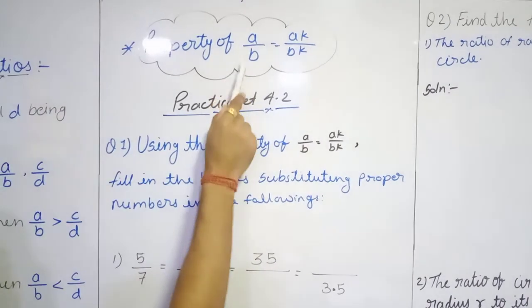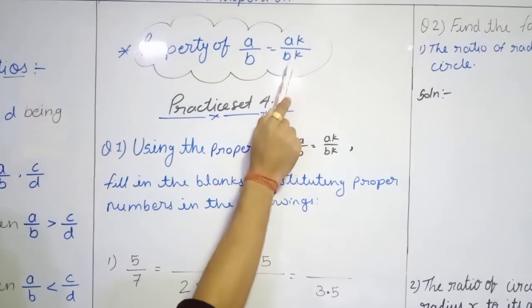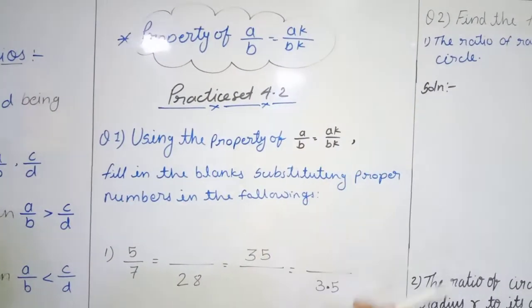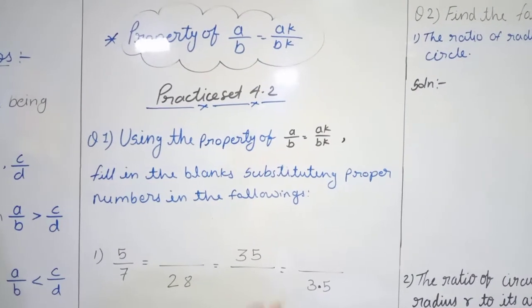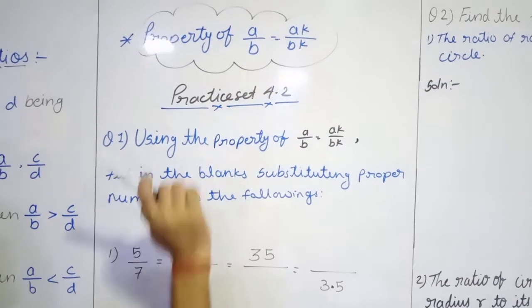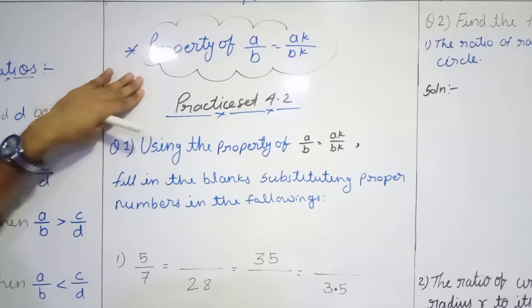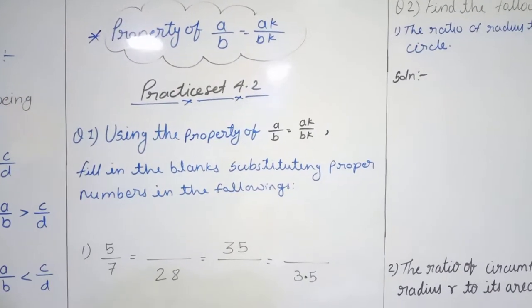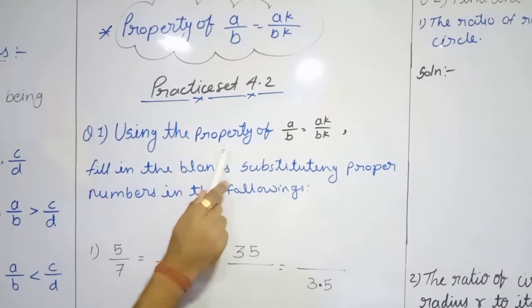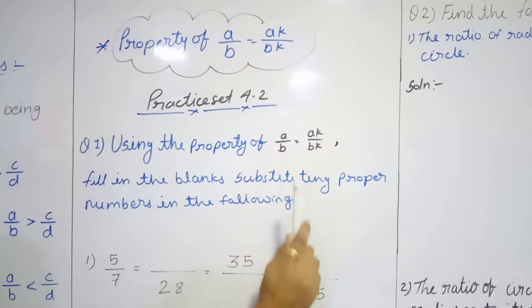Like if you have A upon B, and both numerator as well as denominator are multiplied by K, where K is any constant number, we get AK and BK. The value remains the same as A upon B. The same property we have to use in our practice set number 4.2. See, question number 1. Using the property of A upon B is equal to AK upon BK,